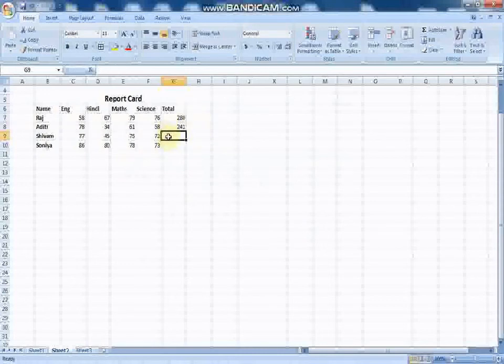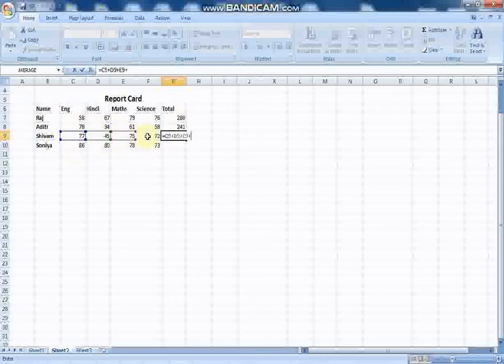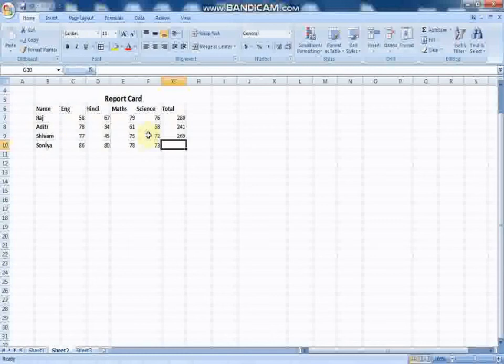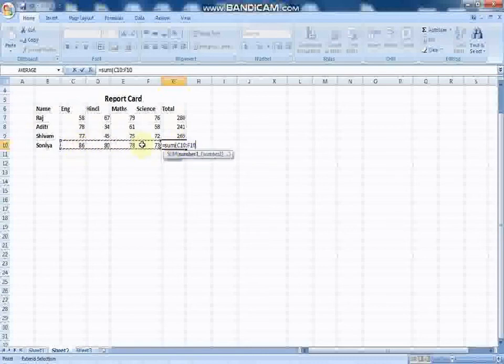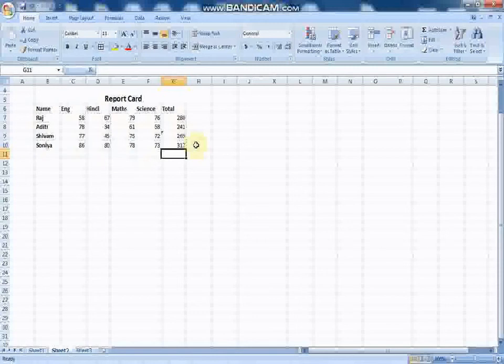Another method is to write equal to, then this cell number, then plus, the second cell number, again plus, the next cell number, again plus, and this cell number, and then enter. Again here I am writing equal to SUM, opening the bracket, putting colon, and just moving my mouse, selecting from this cell to this cell, and done. So like this you can do the calculations.